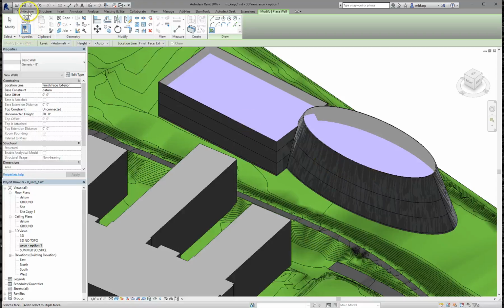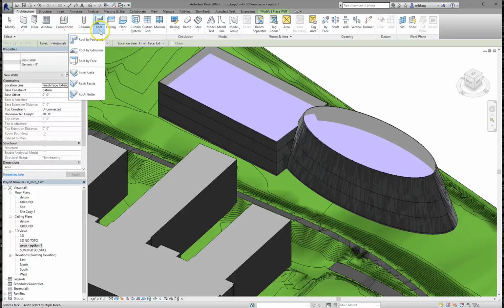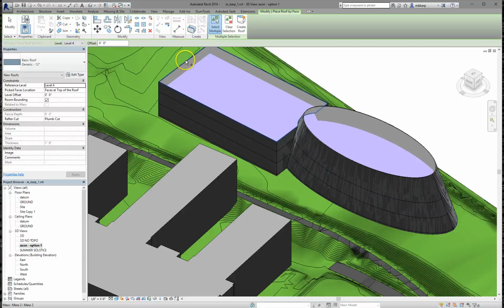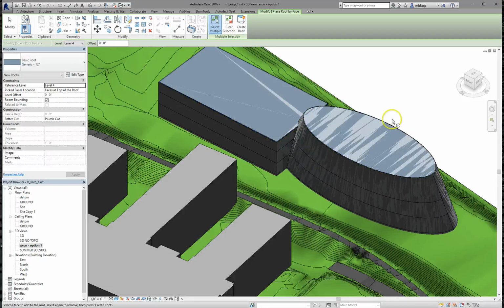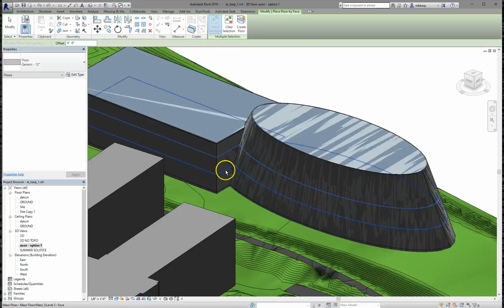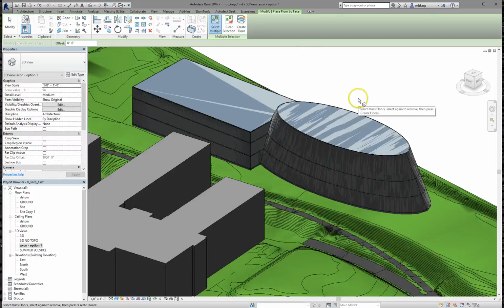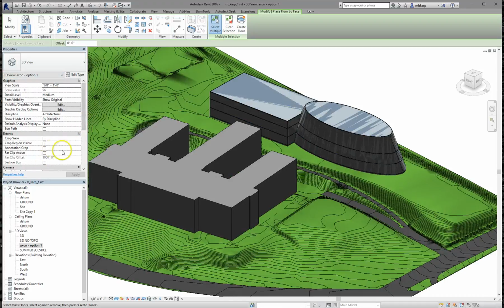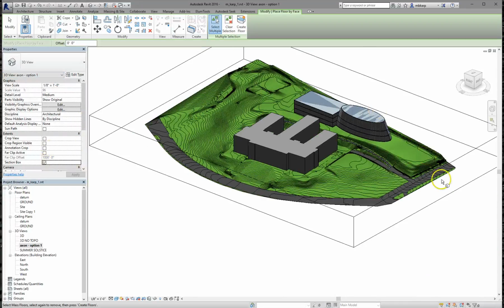And I could do the same thing with a floor or a roof. Roof by face is slightly different, because with this one you click on it and select, and then you click Create Roof. So it's two steps, unlike the walls where you just click and you get a wall. So we have real walls and real roofs, and we can also add in real floors. Same way, find floor by face, and we can select on these floors, including the one down there, click Create Floor. And if I go to my section box again, I used this last week,